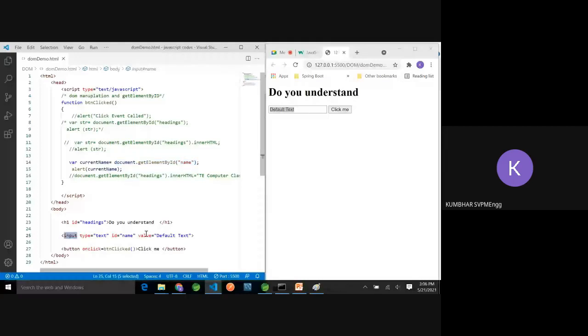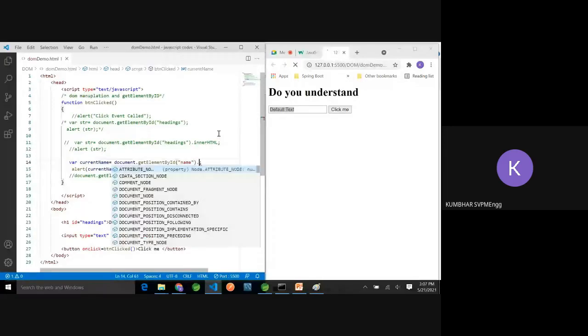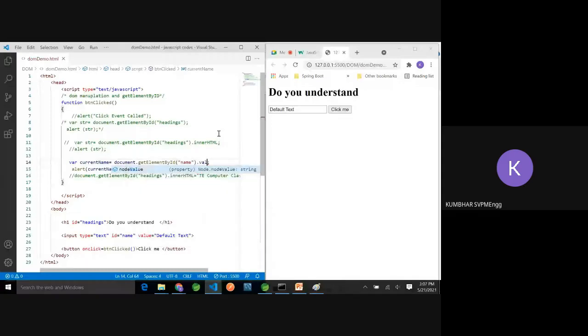So if I write after this dot value, attribute, I am writing here. Let's see now what happens. Do you understand what I have done? I have just added after this getElementById name dot the attribute which I want to access.